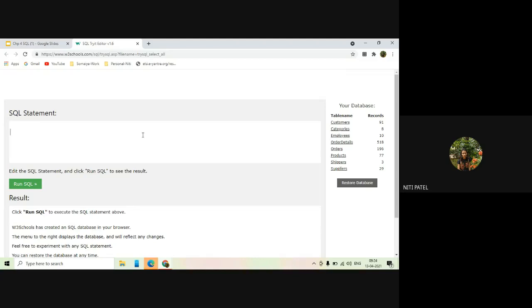What is the first syntax that we just saw, or a first line? Create table, table name. So let me give the table name as student. Okay. After that, what do we do? We open the round bracket. After that, we start typing the columns that we want inside the table. So let us say that I want a column called ID, which should have a data type as int.